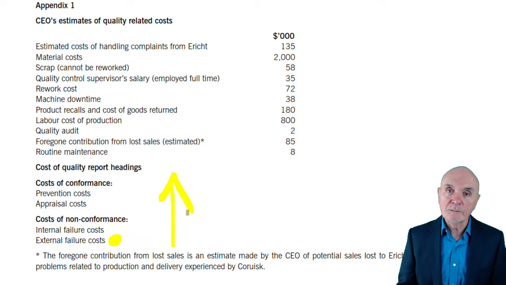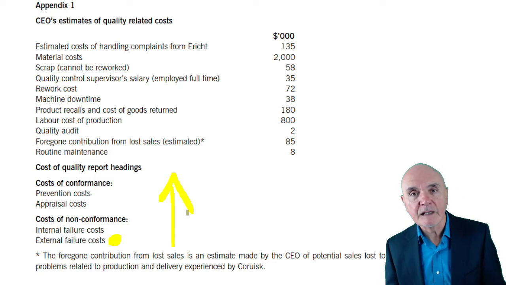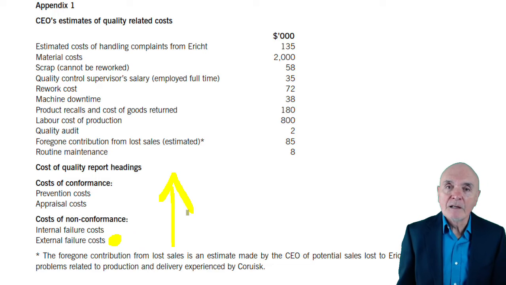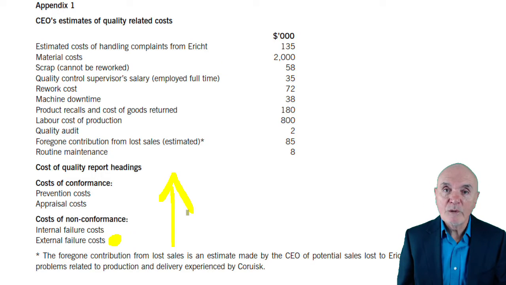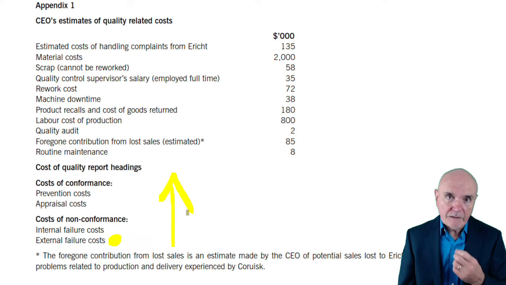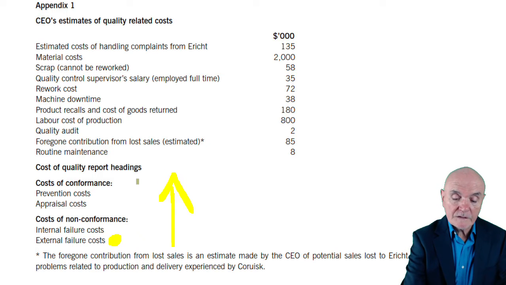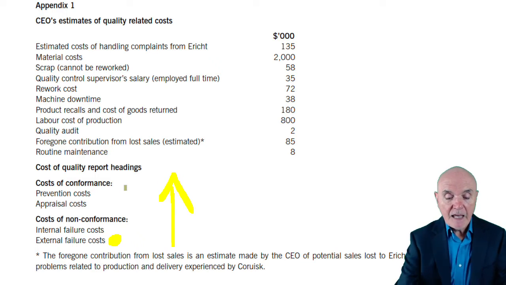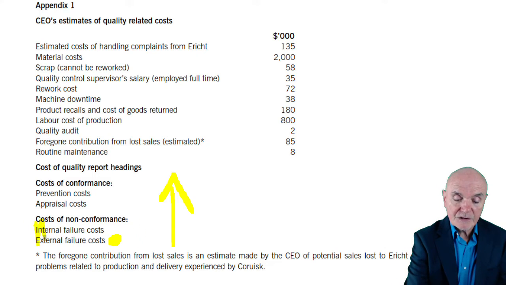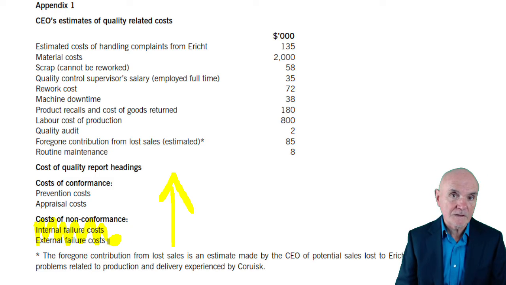Then we can rework goods before they got too far. We can identify why this button is being sewed on the wrong part of the dress and so on. We can correct that. That's going to be relatively cheap to stop that happening. If you move more effort and therefore more cost to these earlier stages, you will be fantastically paid back by the great reduction in internal failure costs and external failure costs.